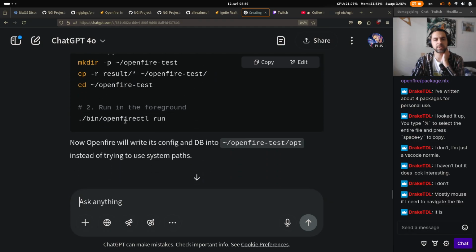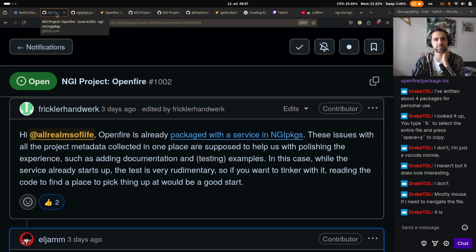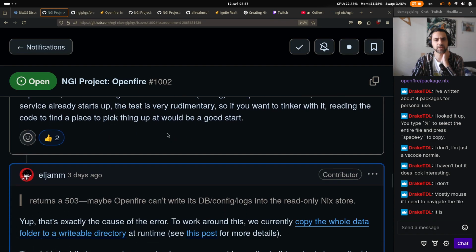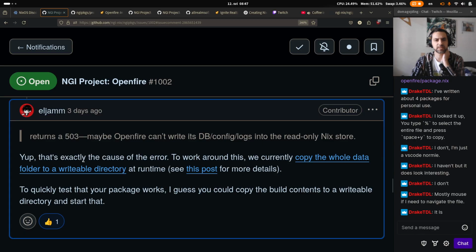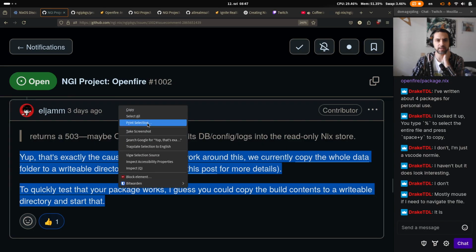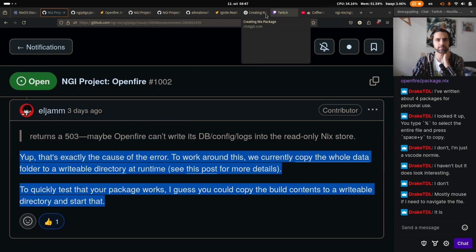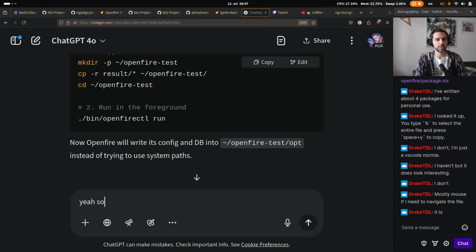Okay, this is what the second comment actually suggests. So that's exactly the cause of the error. To work around this, we currently copy the whole data folder to a writable directory at runtime. See this post for more details. To quickly test that your package works, I guess you could copy the build contents to a writable directory and start that. Yeah, so as the second comment says,